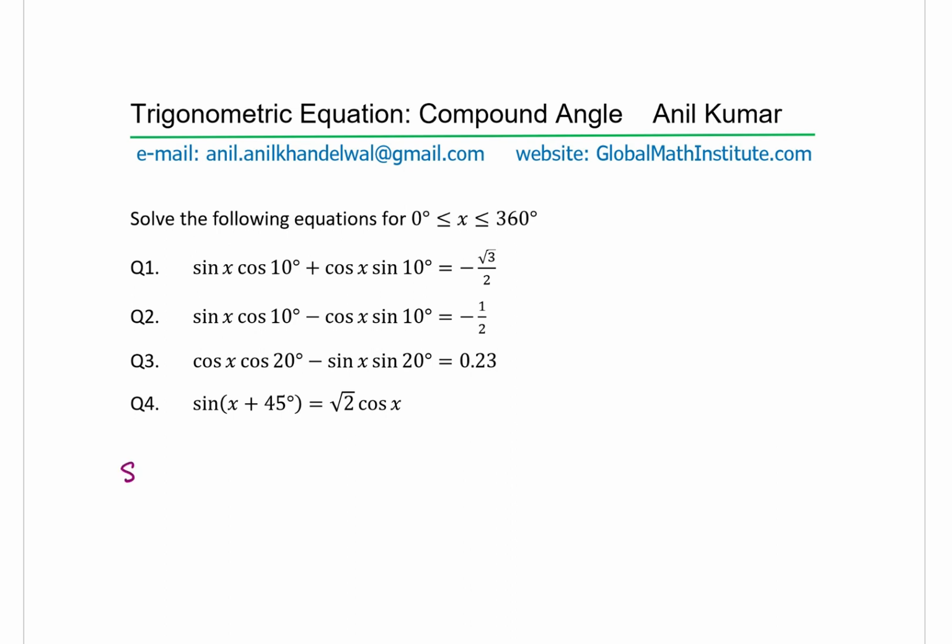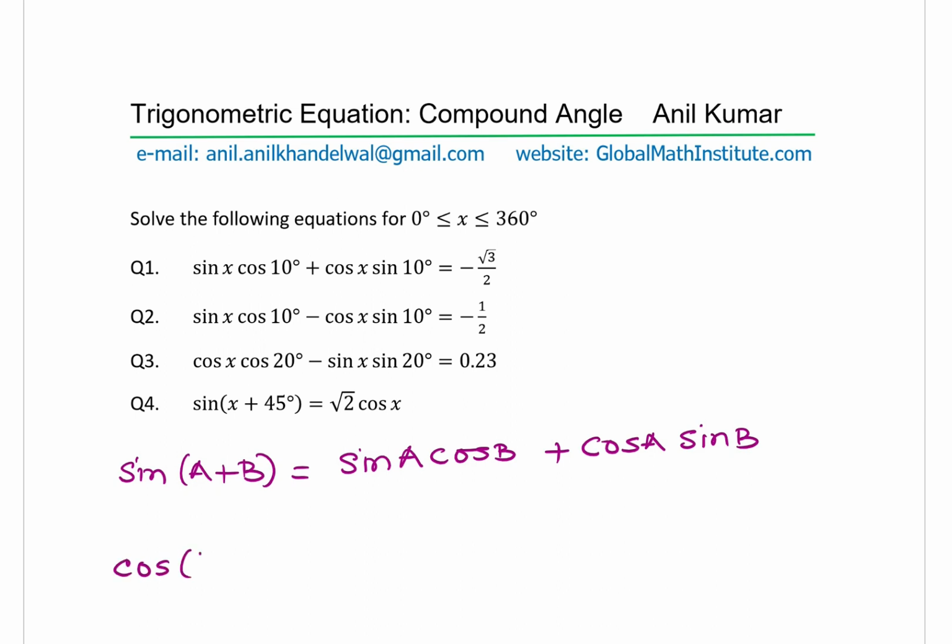The first one is sine A plus B, which is written as equal to sine A cos B plus cos A sine B. The other one will be cos A plus B, which is cos A cos B minus